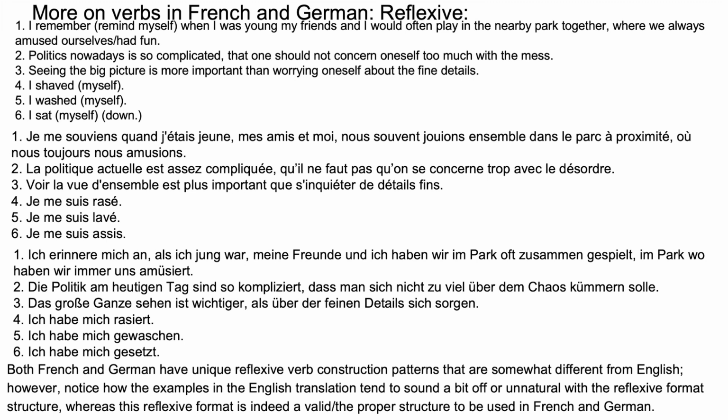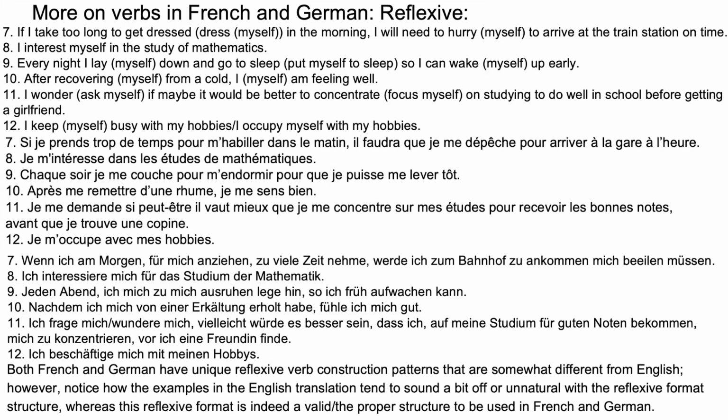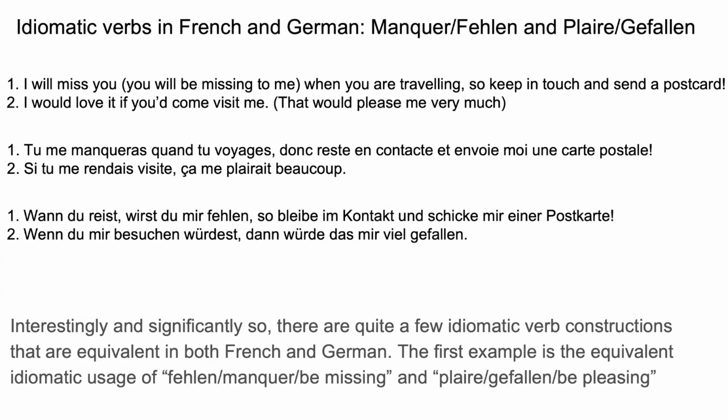However, notice how the examples in the English translation tend to sound a bit off or unnatural with the reflexive format structure, whereas this reflexive format is indeed a valid and proper structure to be used in French and German. Interestingly and significantly so, there are quite a few idiomatic verb constructions that are equivalent in both French and German. The first example is the equivalent idiomatic usage of fehlen / manquer, to be missing, and plaire / gefallen, to be